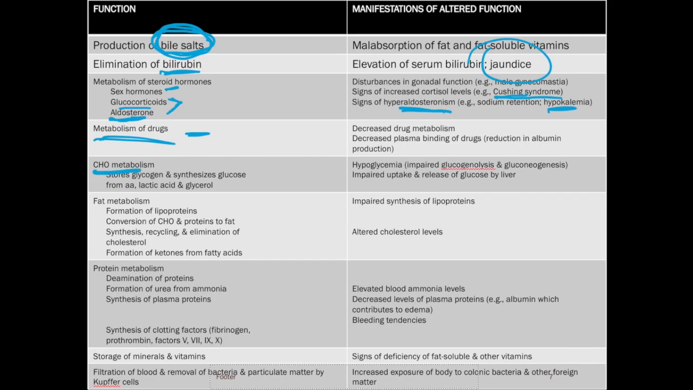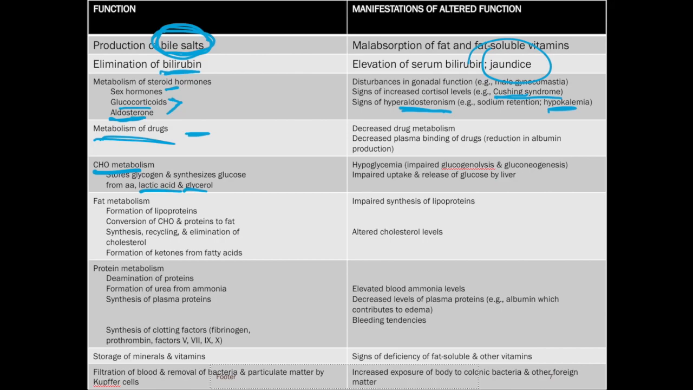Carbohydrate metabolism, we've talked about this ad nauseum. The liver stores glycogen, synthesizes glucose. All of this forms lactic acid and glycerol. We're not going to talk about that all again, but you understand how if the liver is not doing its job, we talked about the liver